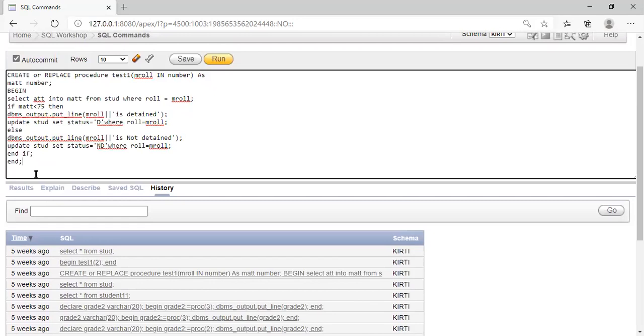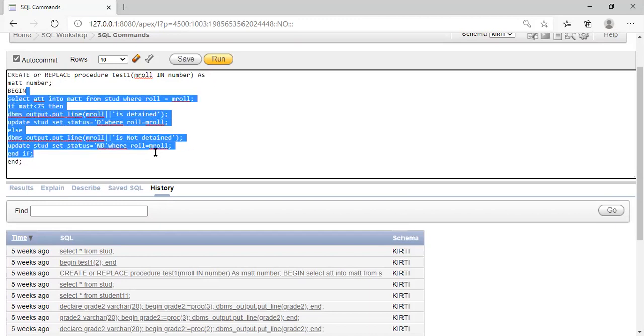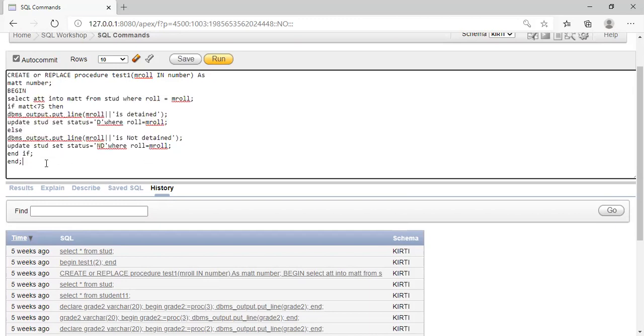Okay, and how we have to call the procedure within the begin and end. So what is the syntax for a procedure: create or replace procedure, name of the procedure, input, and the declaration of the variables that are going to be used throughout the program. Then we write the PL/SQL block of code using begin and end. Within the begin and end, we write all the programming logic and then close the block. After that, within the begin and end, we call the particular procedure with the required input. So we have called that procedure also. It is what we can call a stored procedure.